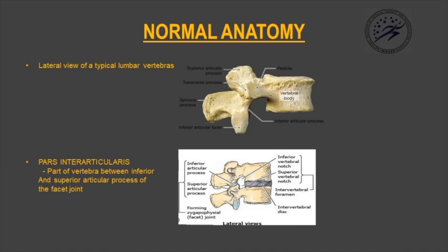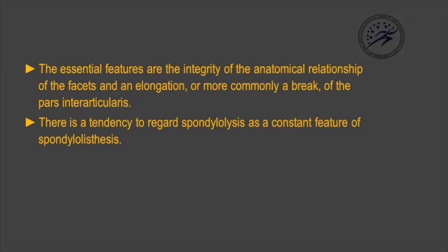So, in spondylolisthesis, a forward slip of one vertebra relative to another is due to any type of stress that weakens the bone so much that it is unable to maintain its proper position. The vertebra can start to shift out of place, that is, one bone slides forward over the bone below it. This forward slipping of the vertebra may affect the nerves also. There is a tendency to regard spondylolysis as a constant feature of spondylolisthesis.